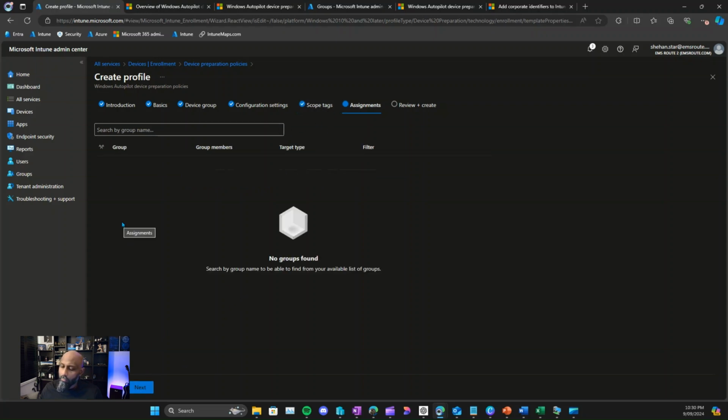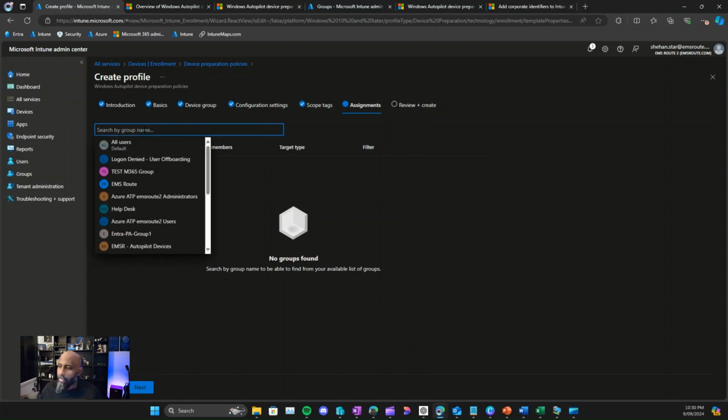So here we need to add the user group, who you need to get this profile when you send the device to them, right? So those users should be there. So when they sign into the computer for the first time, they will see the Autopilot device preparation profile download to the computer and just start showing up the steps. So for that,